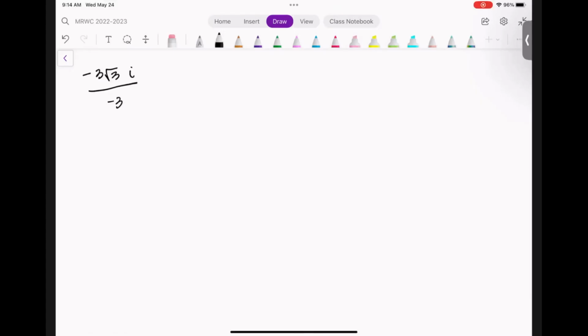Okay, so for this problem, we want to convert this to Cartesian, polar, and trig form. Is that what I'm doing? Yes. So the first thing that I'm going to do is see if I can fix this so that it's in Cartesian form. Whenever we're talking about Cartesian form,